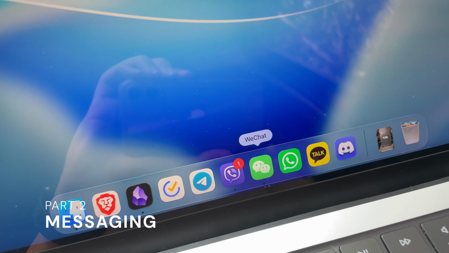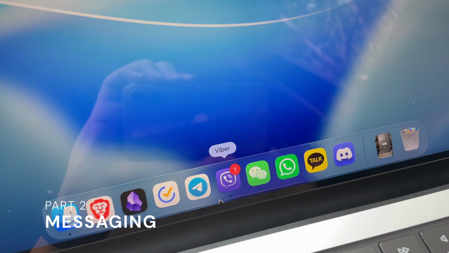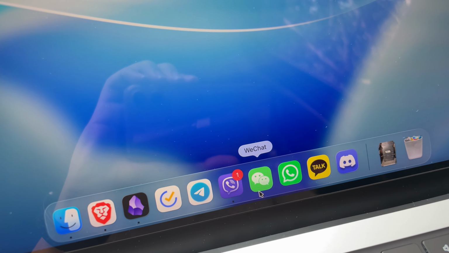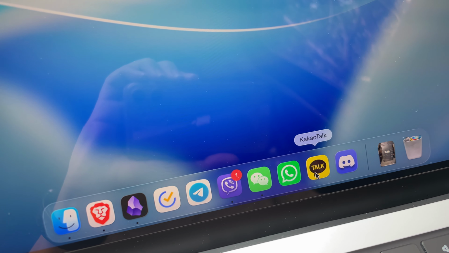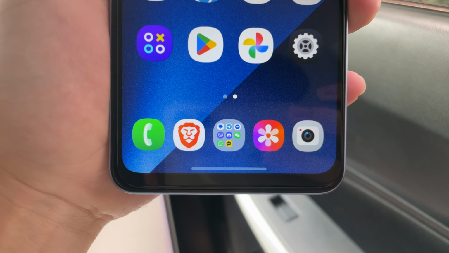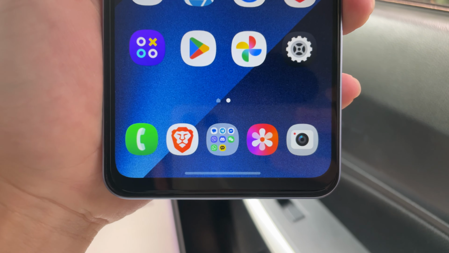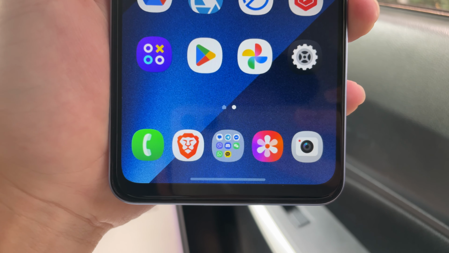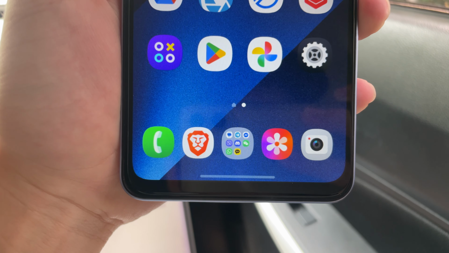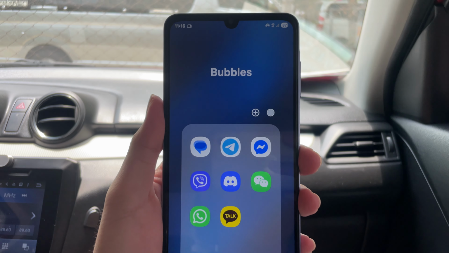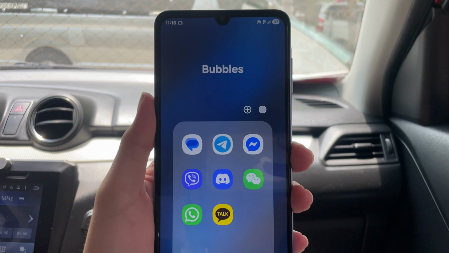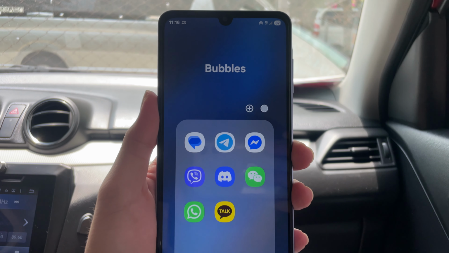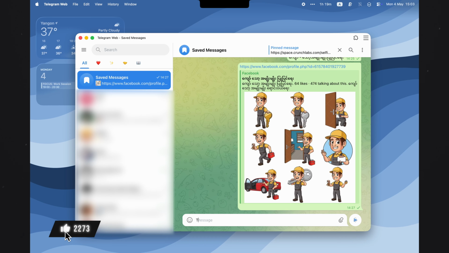Let's now move on to messaging and texting. I'm pretty sure that most of you know already, but for my fellow Filipinos out there, we simply use messaging apps like Viber, Telegram, and Facebook Messenger in my country. We also use WhatsApp to communicate with people across Europe and the rest of Asia, and local and regional apps like Line, WeChat, and KakaoTalk also exist in countries like Japan, China, and South Korea. Personally, I use the main three as they are the most popular at home, but I have accounts for WhatsApp, WeChat, and KakaoTalk as I have a few friends living in other countries. Oh, and I also use Discord for hanging out with my friends.